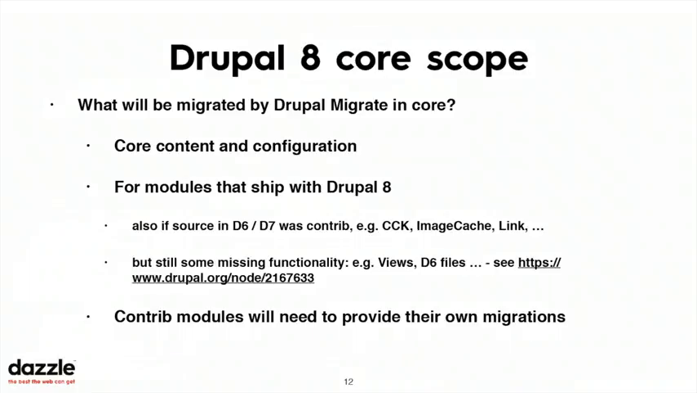Specifically for modules that ship with Drupal 8, even if those modules were still in contrib space in Drupal 6 or Drupal 7. So for example, your Drupal 6 site, which has CCK installed, image link, image cache, things like that, all the old stuff, that would be migrated over to Drupal 8 to the new content types, image styles functionality. Although there is still some functionality missing,